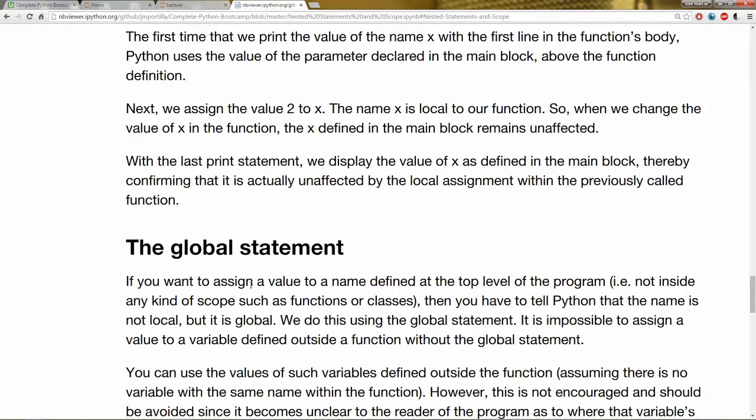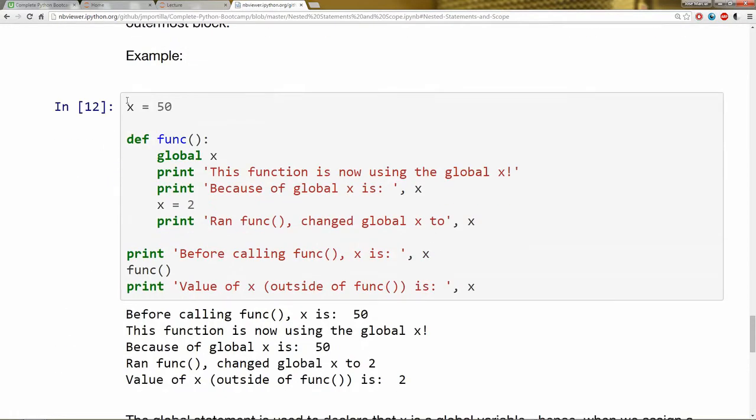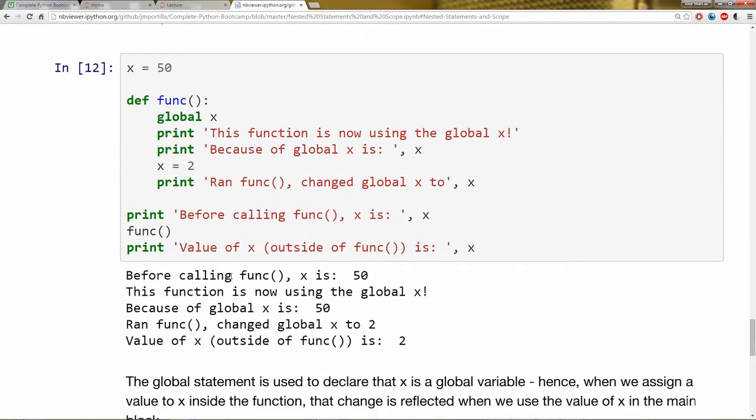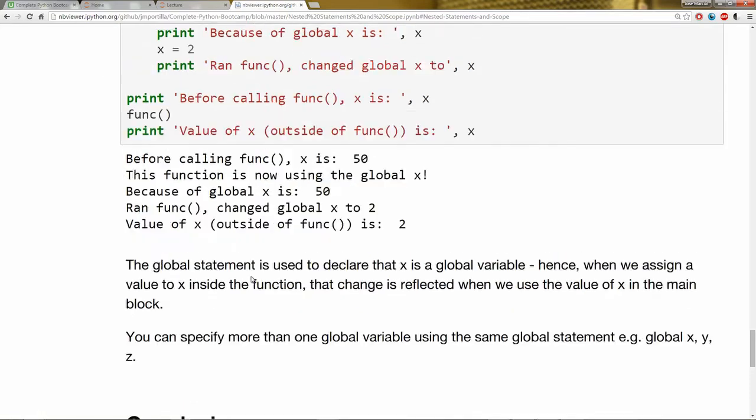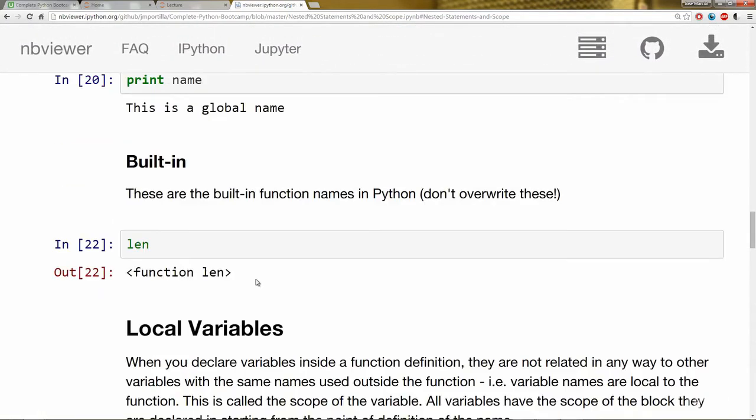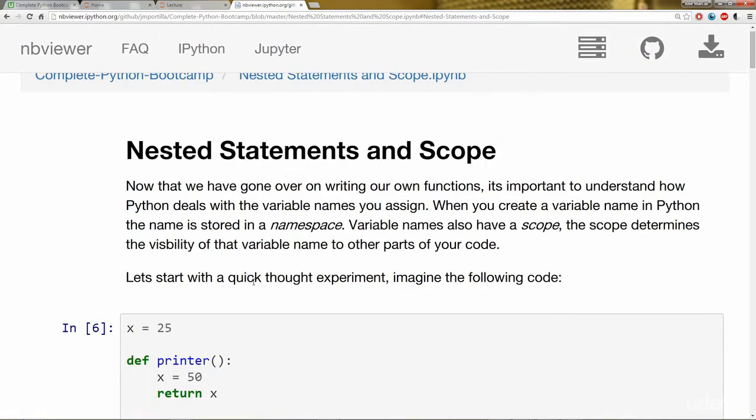And then you also need to understand, after reading all this example here, why x is 50, and why, since we called global x, x equals 2 resets the global x to 2, even outside of the function. Okay, once you understand those examples, you pretty much have a full understanding of scope in Python,